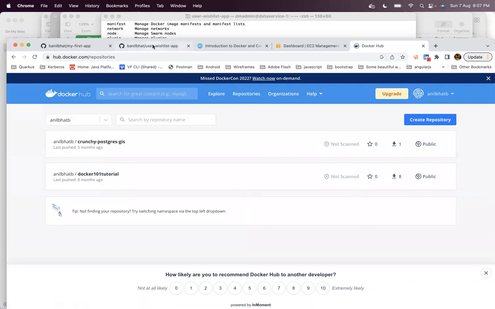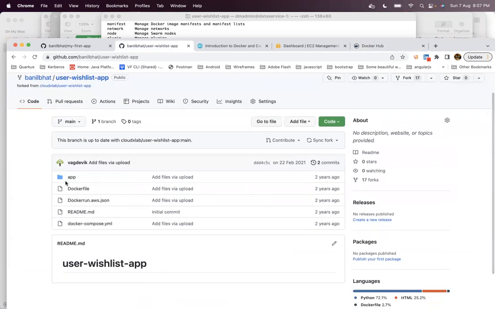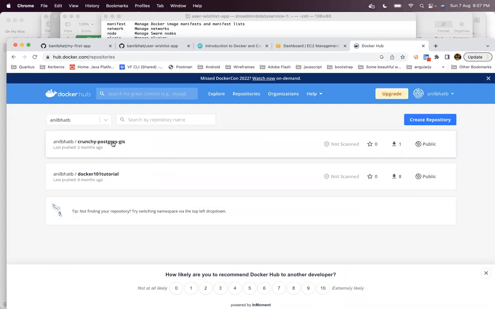Yeah, so GitHub actually stores the code. Whatever code you write, but here it stores the images. This is actually an image, so it is a running application. For example, this is a Postgres application. You just need to download this particular image, and then you can run that image to run a Postgres instance. If you remember, Docker is all about containers and images.